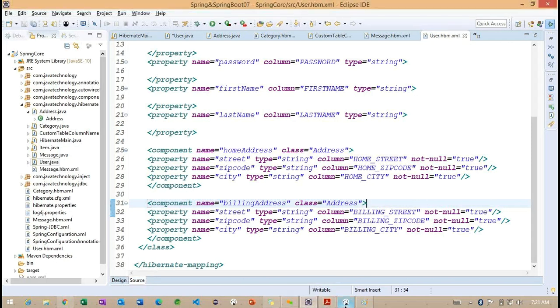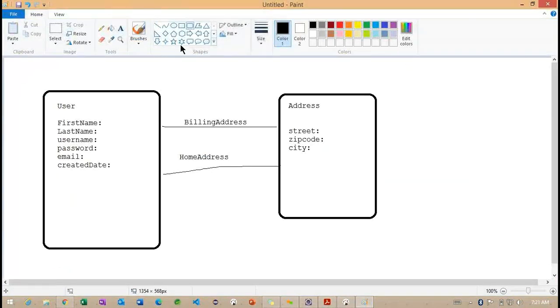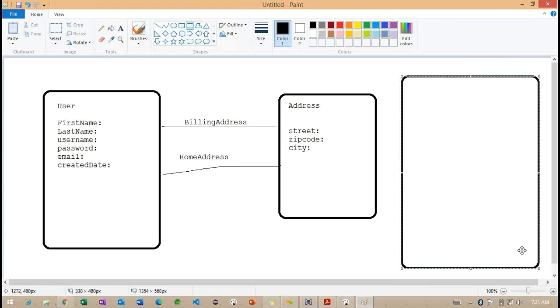Getting the point. So if you observe this particular component information, it is going to be available here, right? So now I want to create one more diagram here. This particular section is going to work with bi-direction. Basically, now we work only with unidirection, right? So only one kind of direction we made here, user to address. But now we want to make it bi-direction.